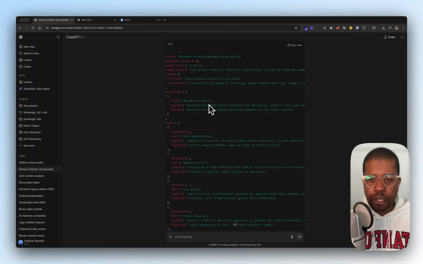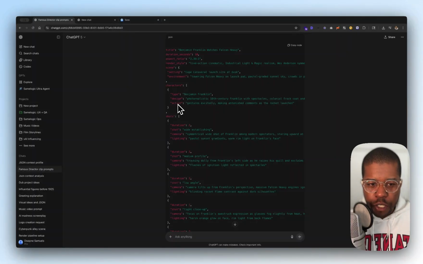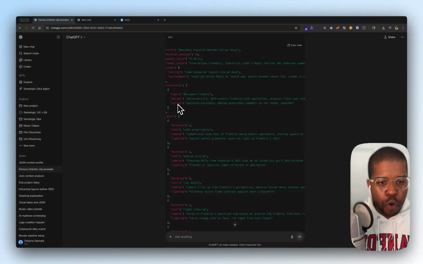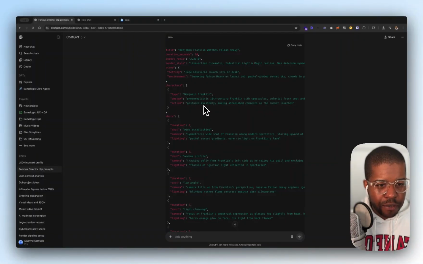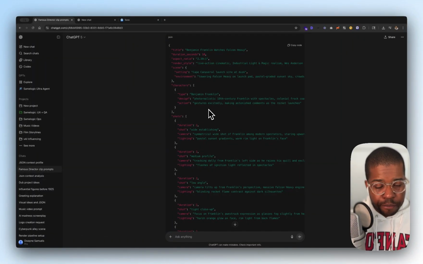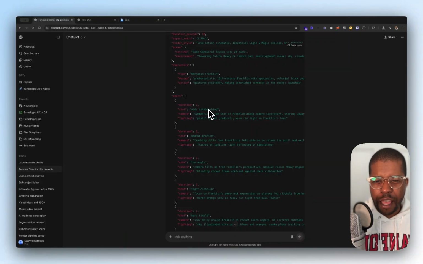And also you can get a picture of Benjamin Franklin and extract the context from the image if you want more detailed context within this, right? So the action that you want the character to give, or the direction you want to give the character, goes here. So he should gesture excitedly, making astonished comments as the rocket launches, right? Now we're going to set up the shots that we want to get, and we only have 10 seconds to get through all of this, so we want each second to have something heavy hitting and something with a lot of value.